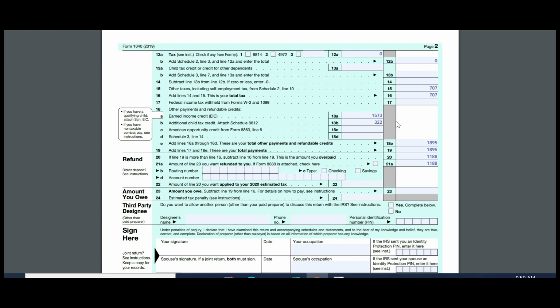$1,573. Because the lady has a child, she is eligible for $322 in additional child credit. Two of these credits add up to $1,895, which goes against her tax liability. $707 gets subtracted from $1,895, and it lands a refund for the lady of